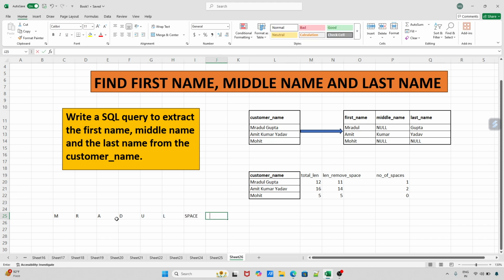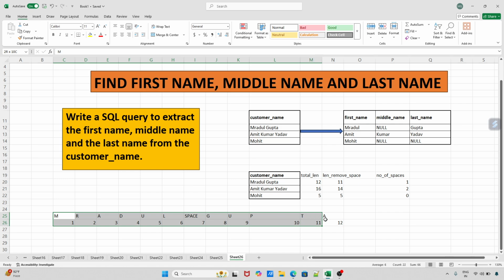I'm explaining it for Mradul Gupta first. How does the index work in SQL? 1, 2, and similarly I will continue to assign this. Now you can see for Mradul Gupta the total length was 12,